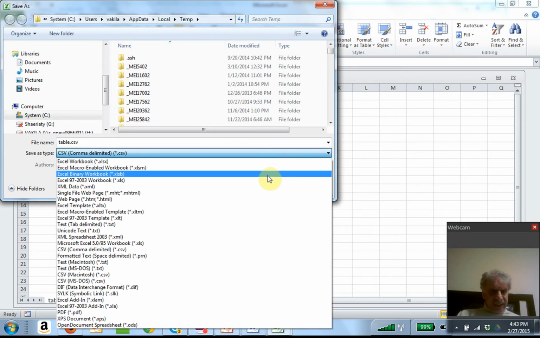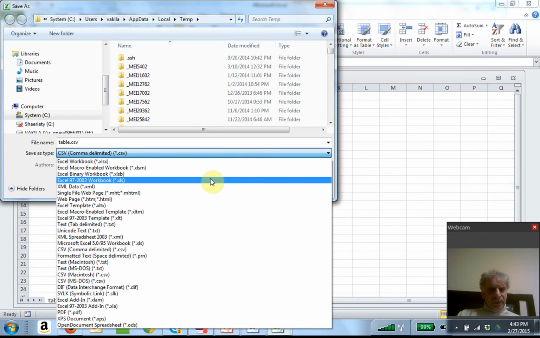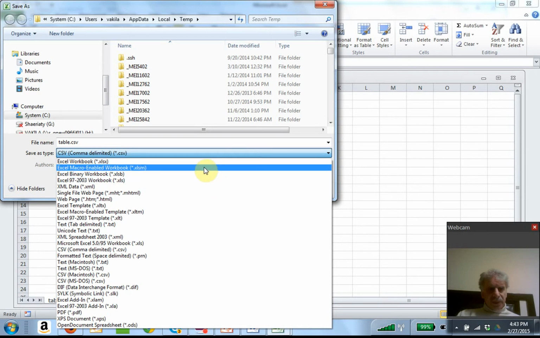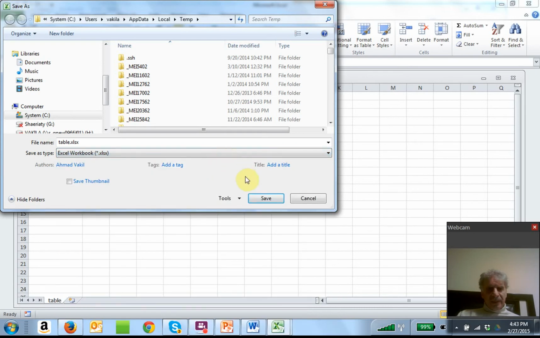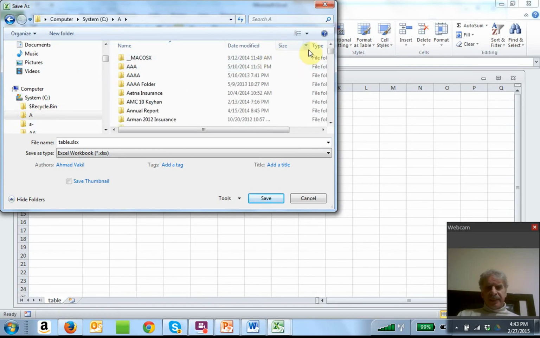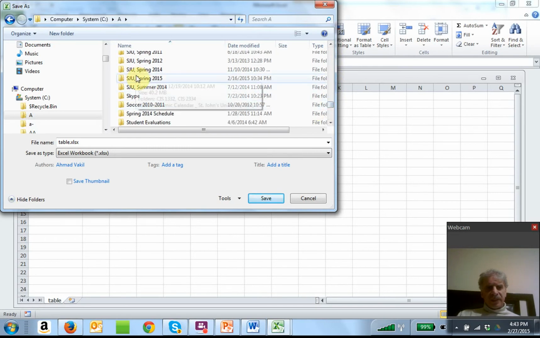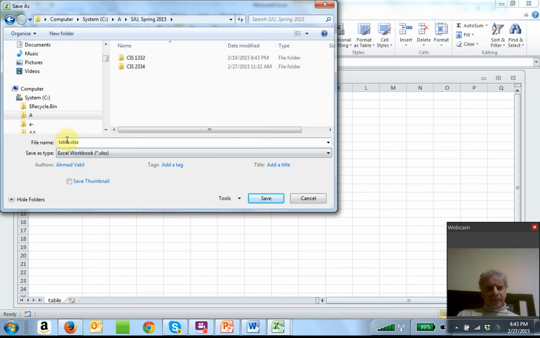The latest version is this one, XLSX, or if you have a previous one, you can save it as Excel 97-2003 workbook. So let me use the first one and try to save it in the right place. I'm going to save it under a directory for this course and give it a name. Remember the